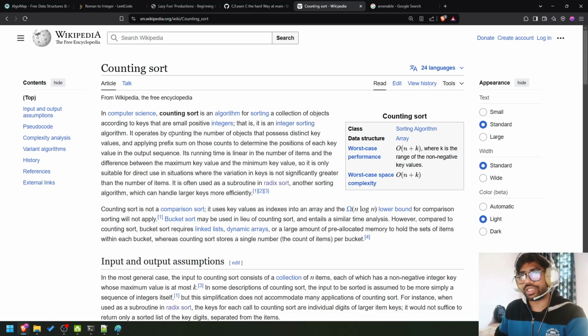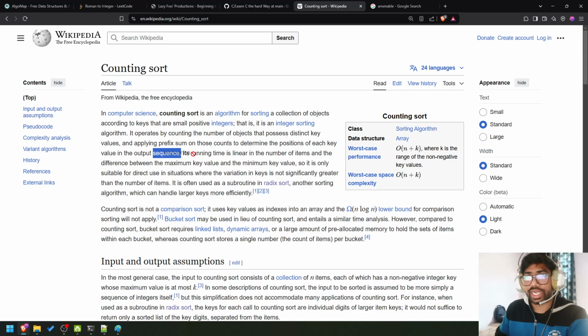It operates by counting the number of objects that possess distinct key values. We first count the number of objects with distinct key values and apply a prefix sum to those counts to determine the position of each key value in the output